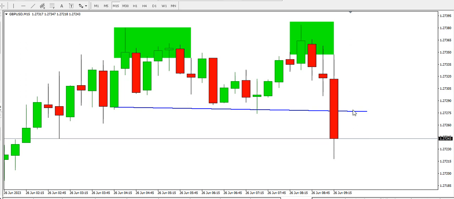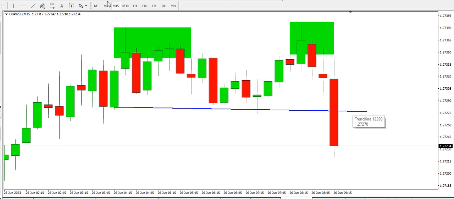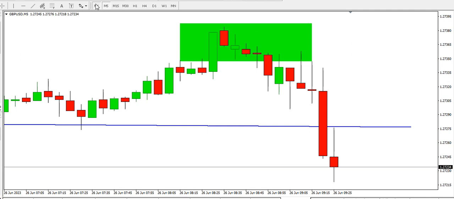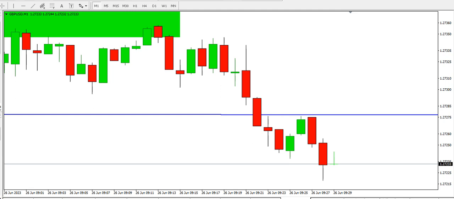Okay, we might see a retest of this neckline for price to continue to go down. So you might want to go bearish. You might want to sell GBPUSD for now. Okay, let's look at